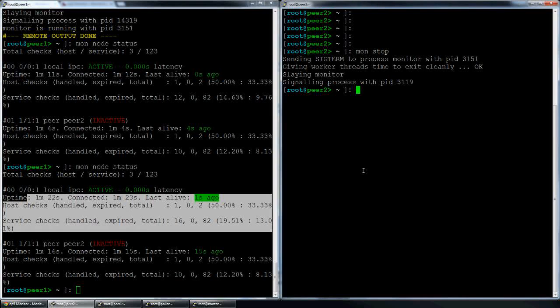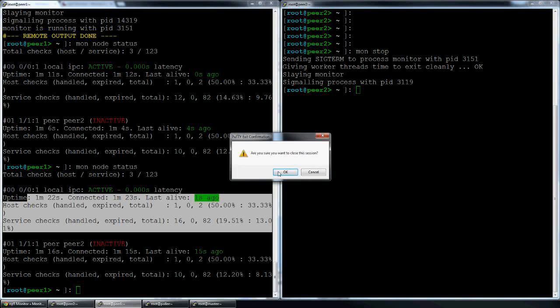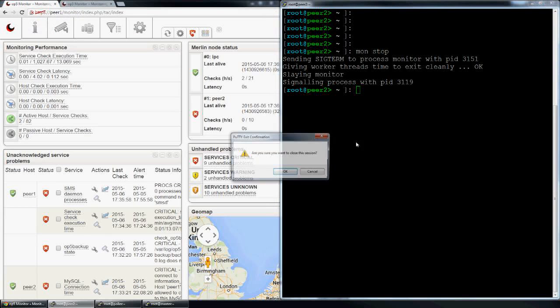So if we had to do downtime, if we wanted to do patches, if we want to do anything over there, very easy to do. Take it down, reboot it, do whatever you want, and when you're ready, start it back up and it'll load balance over there. So easy to do. I'm going to go ahead and close these now so I don't confuse myself. Those are the